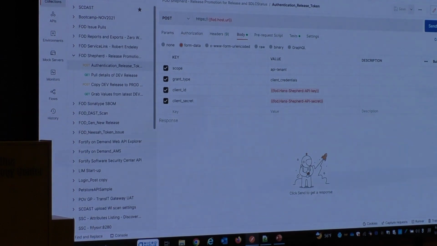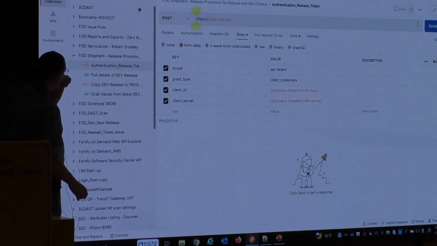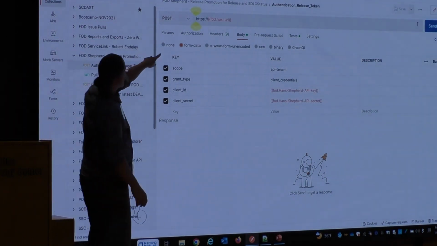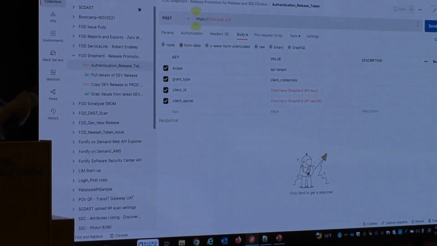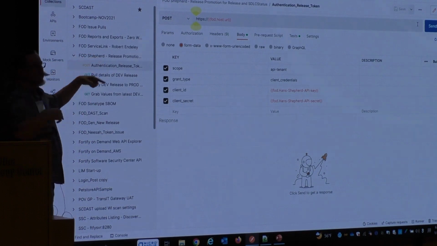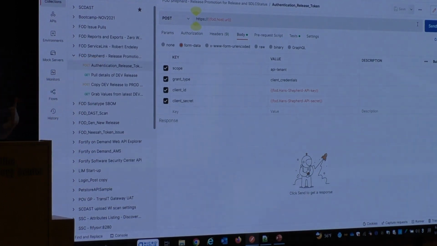And this only works if I set my working environment at the top to the appropriate environment. So the environment tells me things like, what is my host URL? Because this allows me to send this to you, and you just replace that variable value with your host URL instead of my host URL. But provided it's the same application, it'll behave the same.